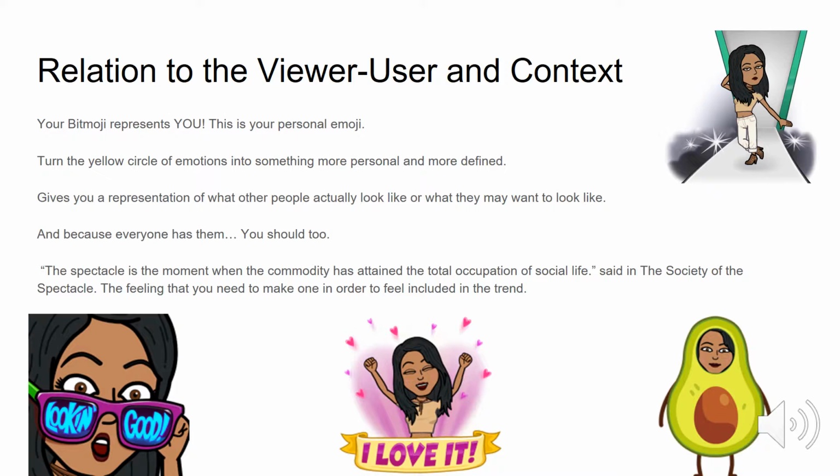Bitmoji is a representation of you. It's a spin-off from the original yellow circles we all use on our phones. We create and personalize the Bitmoji to look the way we do in real life. Having this character resembling you makes using it in conversations more intimate. It becomes interactive with other Bitmoji creations when put into another app such as Snapchat or iMessage. In order to create your personalized emoji, you must download the app. You choose from different hairstyles and colors, nose shapes, body shapes, eyes, and anything that goes into how you portray yourself.